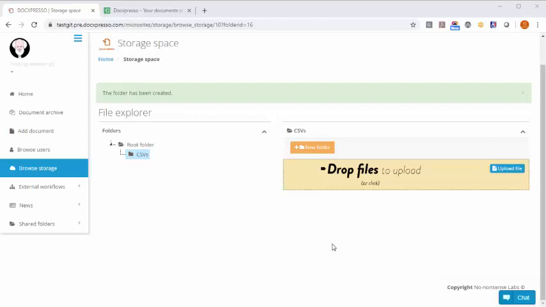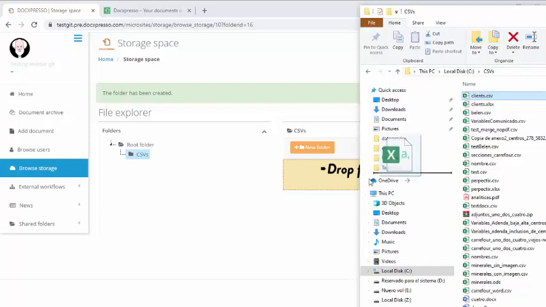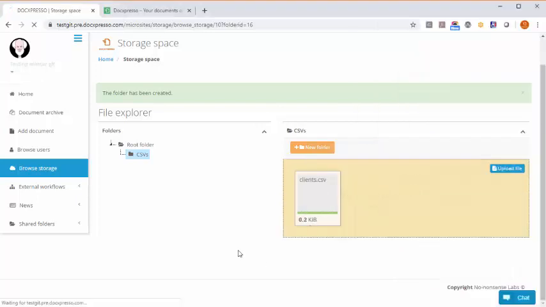The first thing that we have to do is to upload the CSV file that we just created to some place that is accessible via the internet. If you cannot do that because you do not handle any website or you don't have access to a web server, you can do it within Docxpresso. Just go to one share folder, to the browser storage menu, and create a folder, or if you already have one created, just use it and upload there